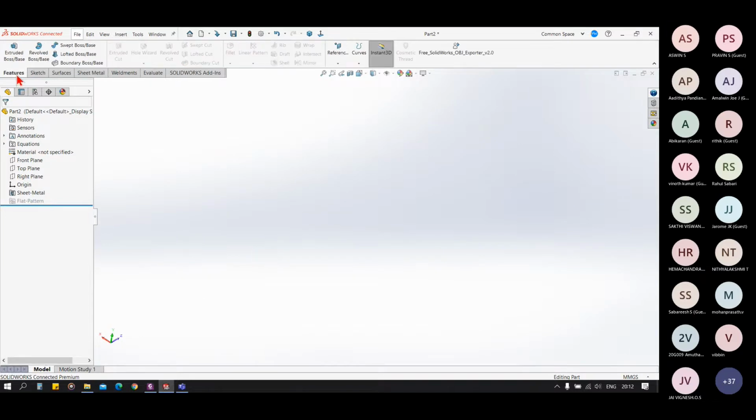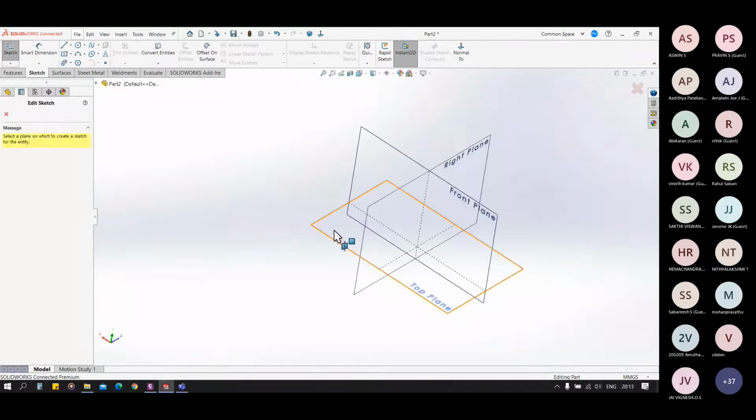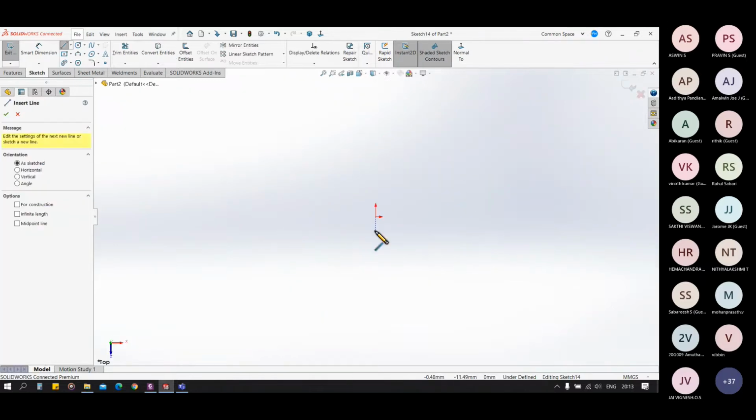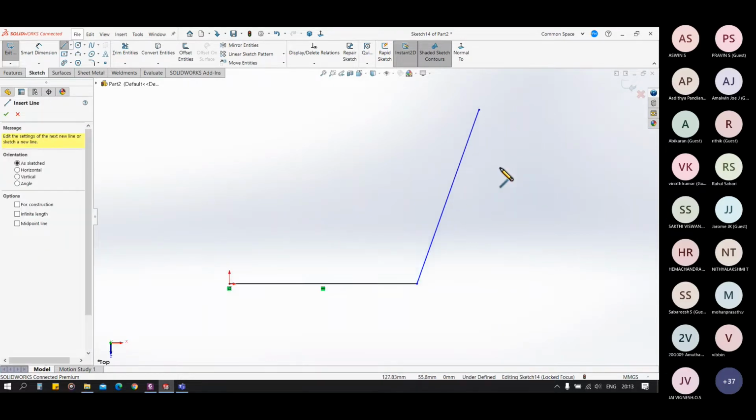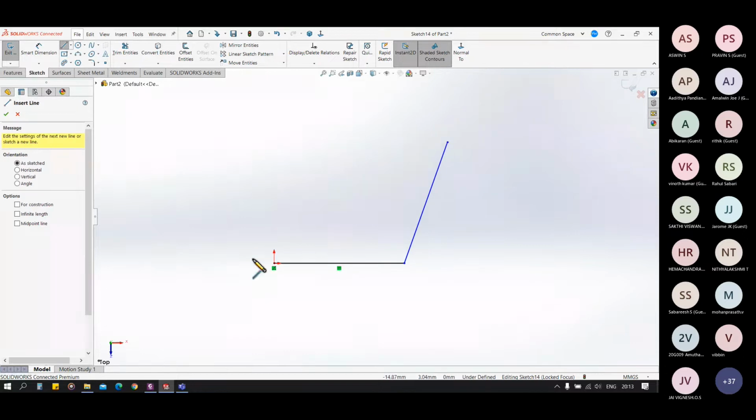Sir, in lofted bend, can we have more than two open planes? More than two open sketches?